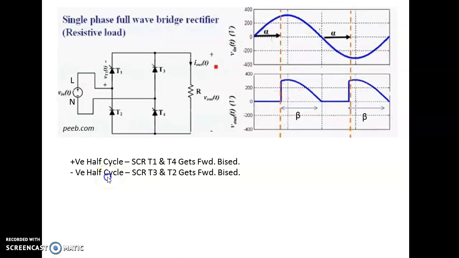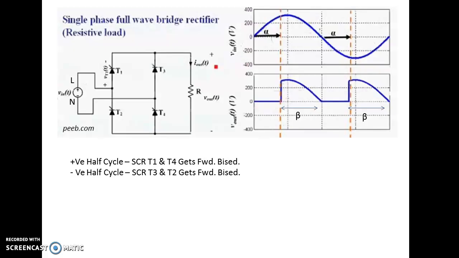Today we are going to learn the full wave controlled converter. Now, what is a controlled converter? A controlled converter is a circuit which provides controlled output at the load, that is, the amount of load voltage or the amount of load power to be delivered at the load can be controlled. Now, to control this power we are using a control device, that is, a device which can control the amount of power to be delivered at the load.